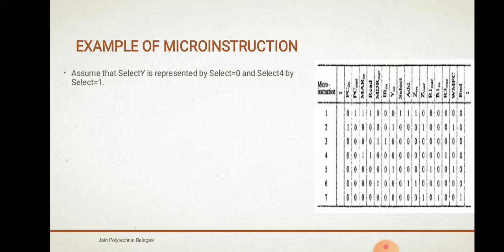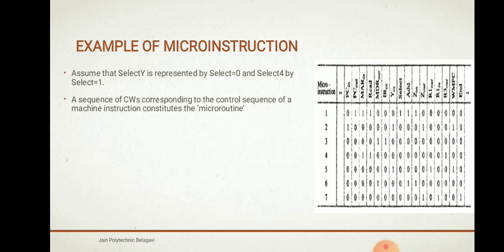Assume that select Y is represented by select equal to 0 and select 4 by select equal to 1. So when select equal to 0, it represents select Y, and when select equal to 1, it represents select 4.